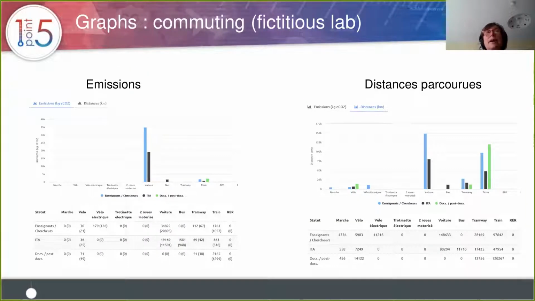And of the outputs that Jérôme has created, I'll just show you one of them, but Jérôme has created graphs that are really interesting to analyze. And particularly here, I'll just give you an example with commuting. So we have a graph showing emissions, distributed by modes of transportation as well as distributed by professional status. And on the right-hand side, you have the distances traveled